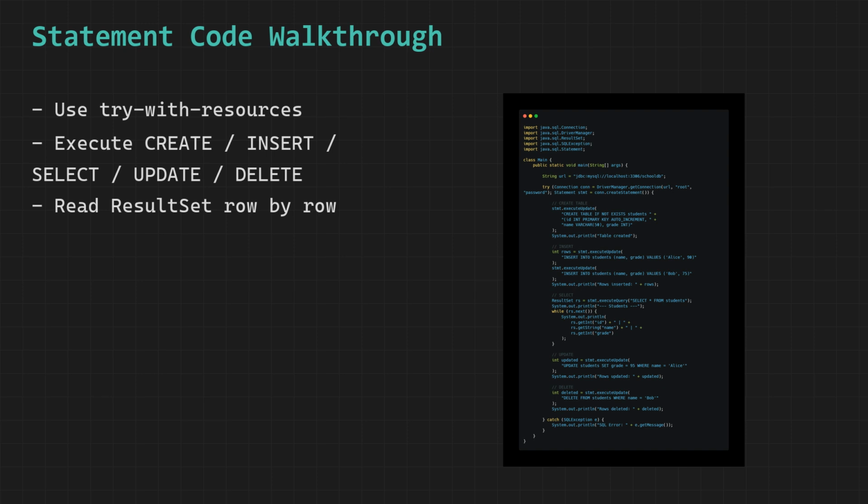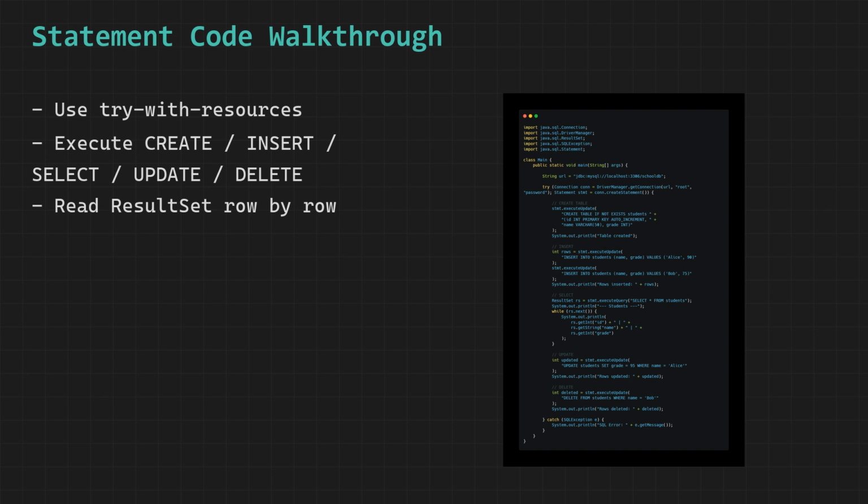The first executeUpdate inserts a row for Alice into the students table and returns 1, confirming that exactly one row was inserted. The second executeUpdate does the same for Bob, also returning 1. executeQuery runs the select star from students statement and returns a result set containing all rows in the table. The while loop uses next to move the cursor forward one row at a time. Each iteration of the loop reads the current row's values.